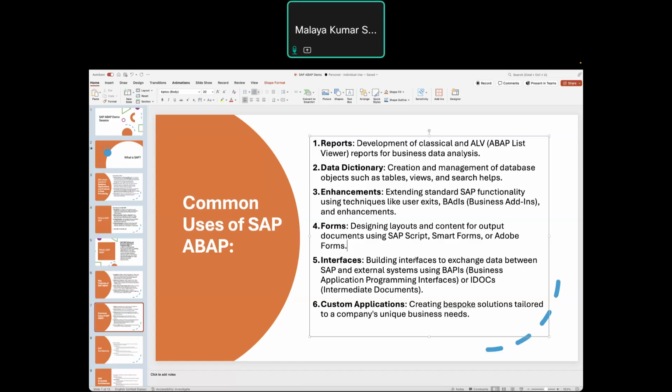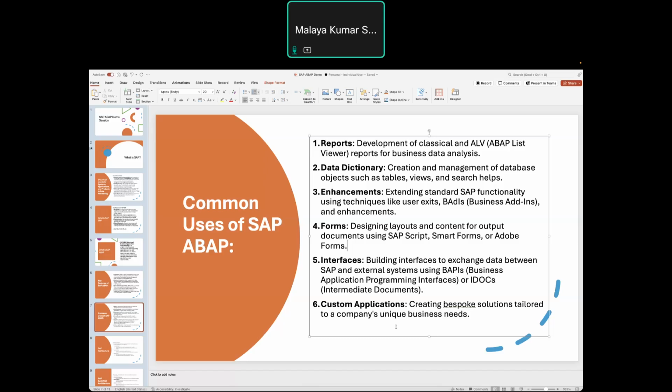These are the methods where you can get business data into your system or out of your system, like BAPIs. A BAPI is a business application programming interface. Using that, you can get or create data in your SAP. Similarly, IDocs are intermediate documents, where you create a format of the data so that you can send the IDoc outside of the system or into your system.